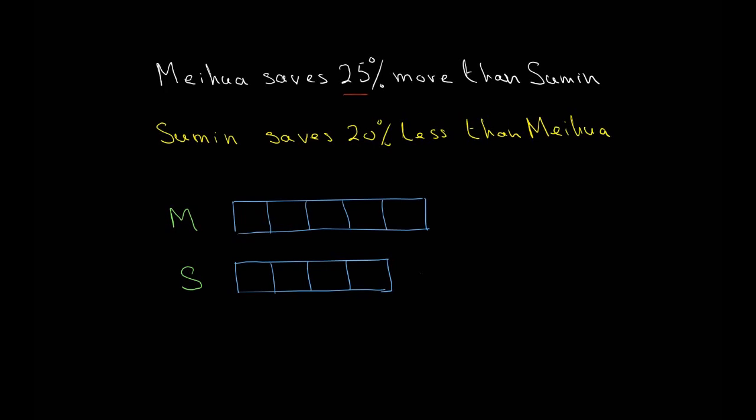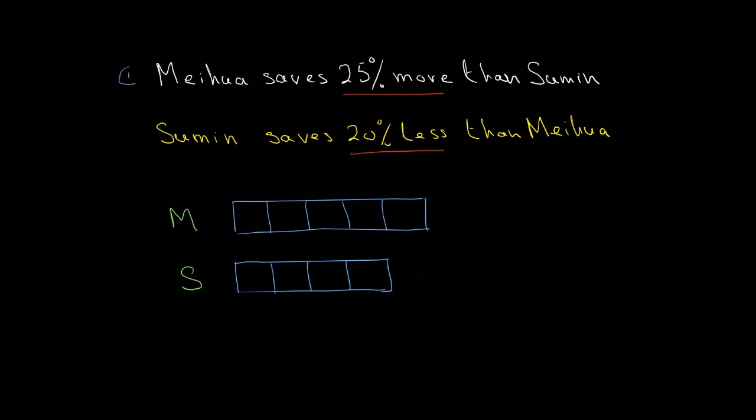So now we can see that Mehua saves 25% more than Suman, but Suman saves 20% less than Mehua. You may get bothered by this statement, that how is it possible? You need to spend some time and just make sure you understand it. The answers are right. So note, in the first case, when we say Mehua saves 25% more than Suman,